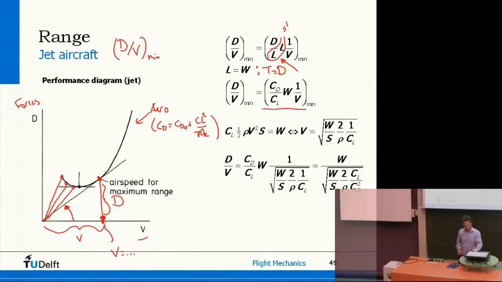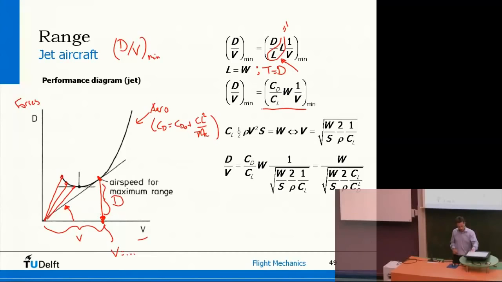So I just take this airspeed and I put it in there. This is then what you end up with. And you can also say, well, CD over CL, that's the same as square root of CD squared over CL. And if you do that, you can put the square root into that square root,